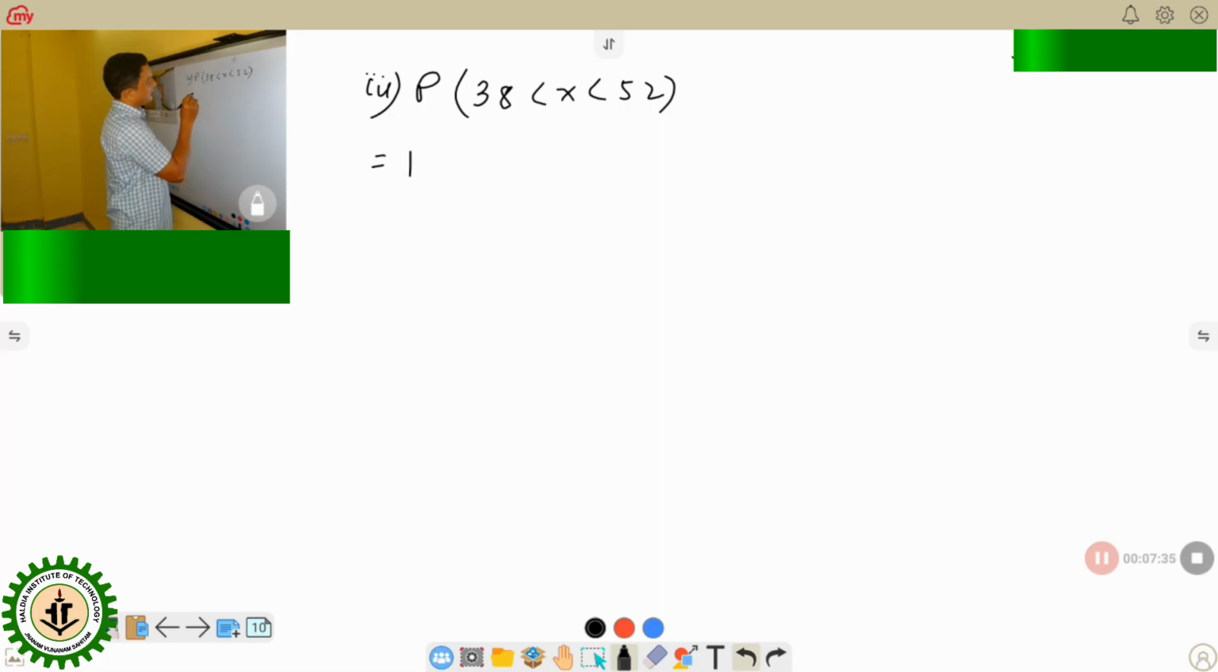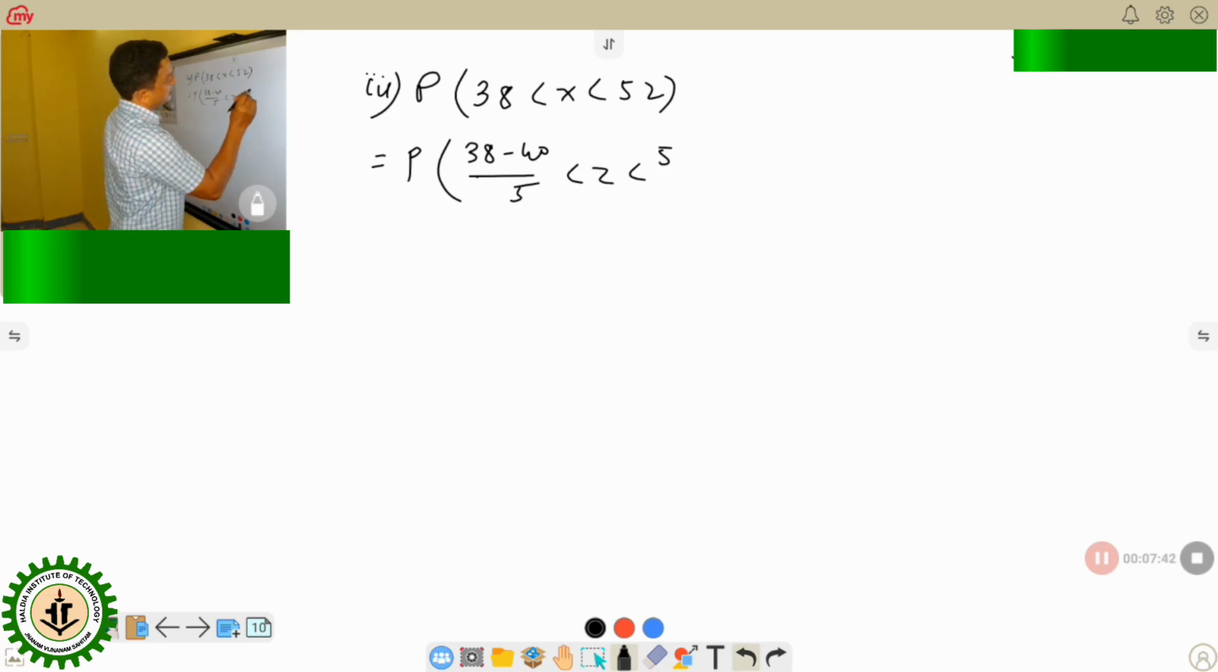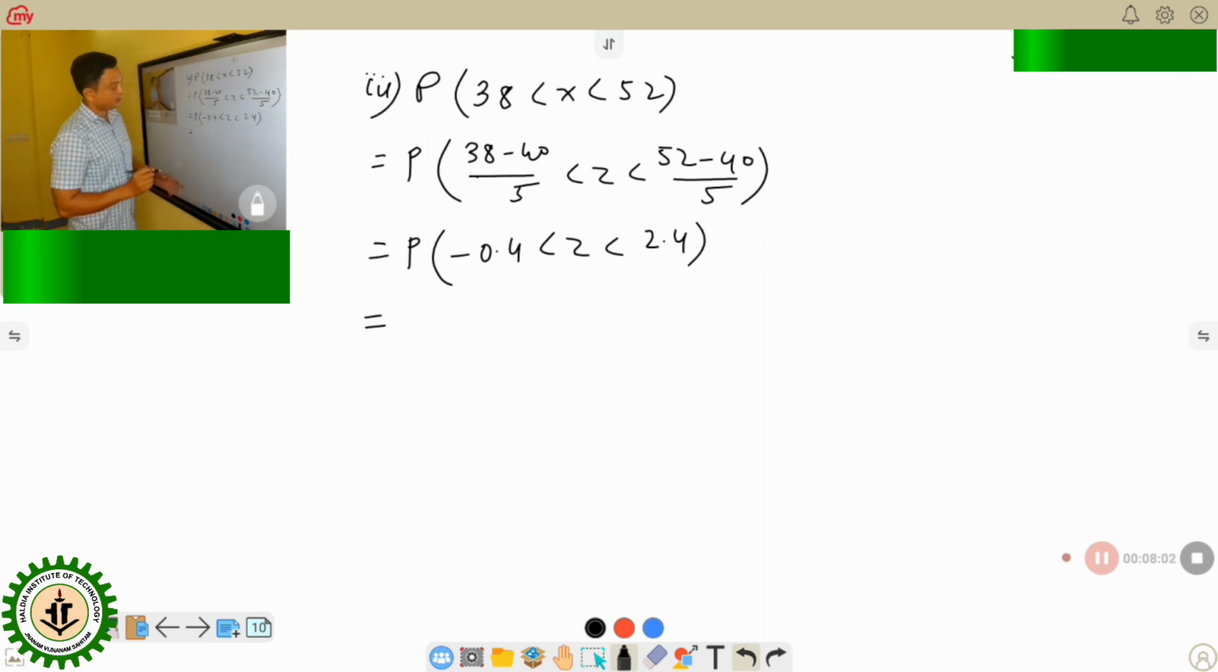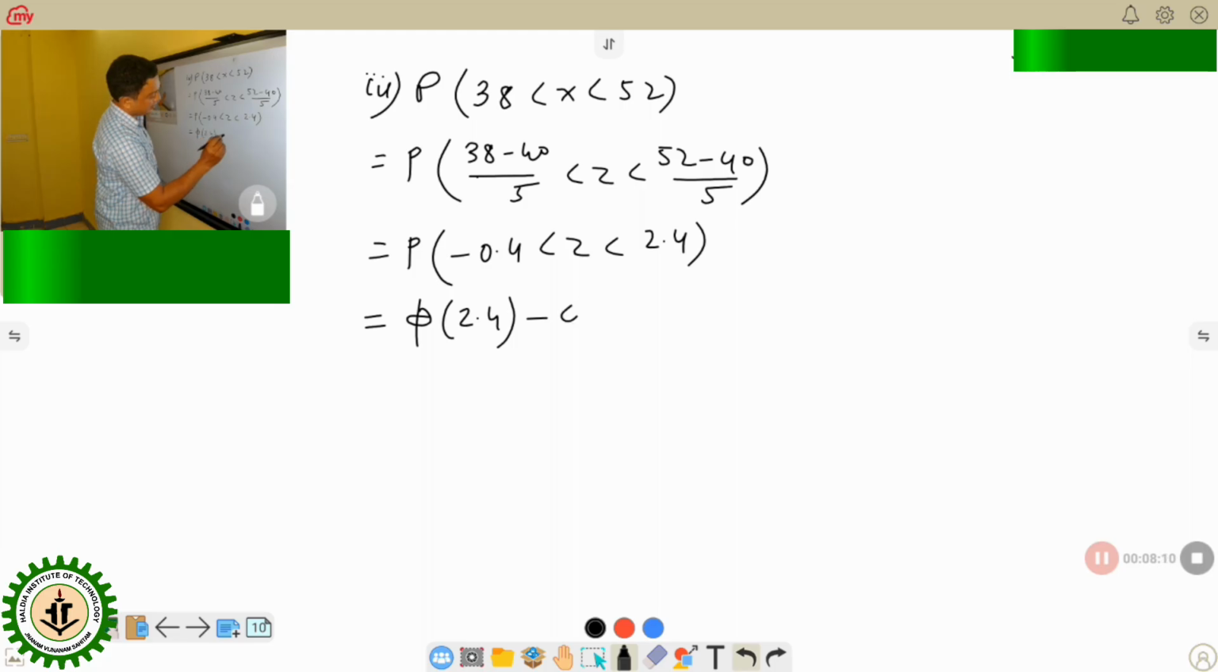So you will do the same thing: probability of (38 minus 40) divided by 5 less than z less than (52 minus 40) divided by 5. We are getting probability of minus 2 divided by 5, that is minus 0.4, less than z less than 2.4. As we know, the probability of c less than z less than d means phi of d minus phi of c, so phi of 2.4 minus phi of